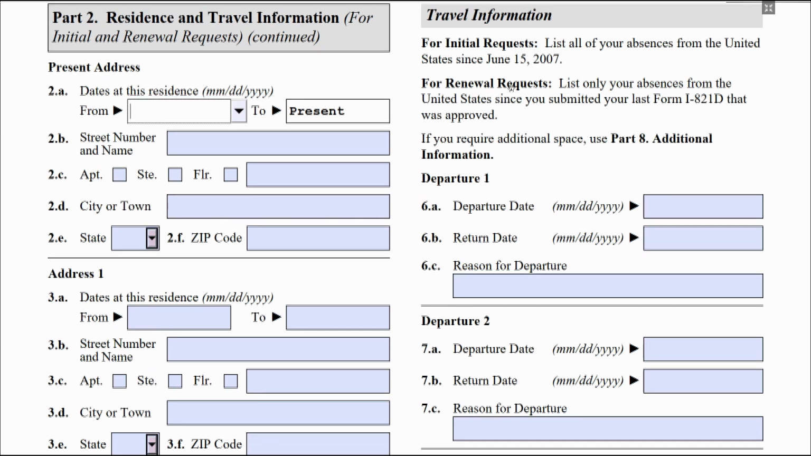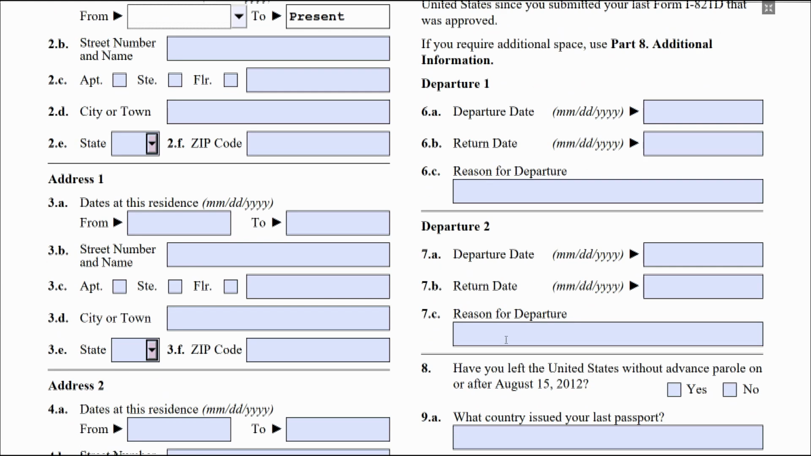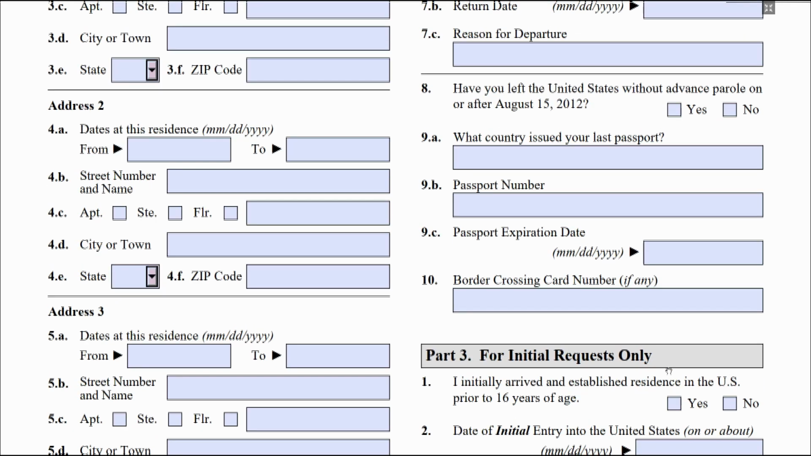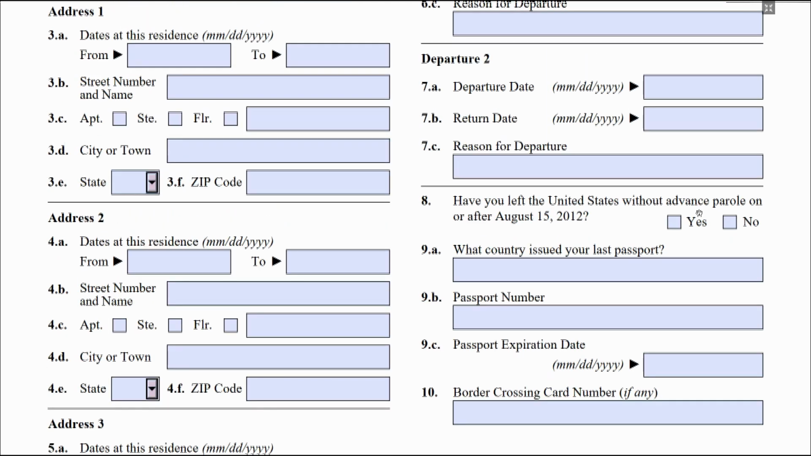This next information is for the travel history. If you've ever departed, you would put that information here. If you ever had advanced parole, you would select this. Although advanced parole is no longer being offered, it may be the case that you got advanced parole before, they took that away. If you have a passport, you put that information here, the country that issued your passport, passport